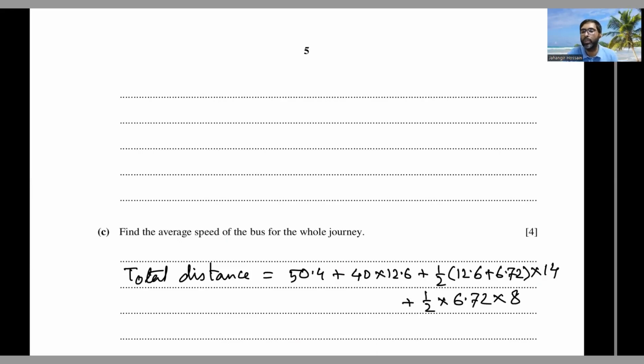So the total distance is 50.4 plus 40 into 12.6 plus 7 into 12.6 plus 6.72,